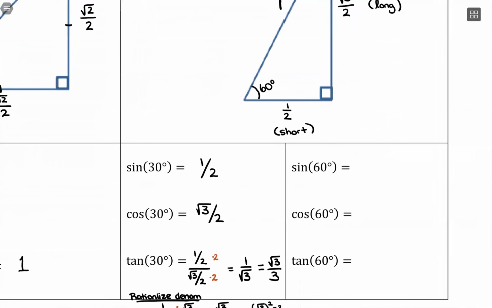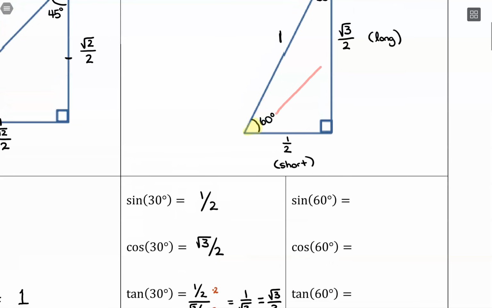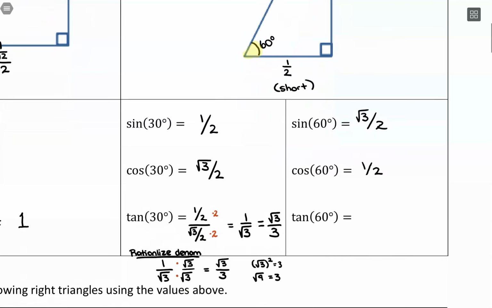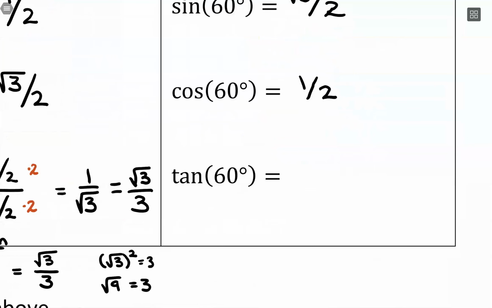Now let's look at if we were at 60 degrees. So if we're at 60 degrees, that √3/2 is the opposite, 1/2 is adjacent, and 1 is still the hypotenuse. So for sine, opposite is √3/2, divided by the hypotenuse of 1, but that'll just leave us with √3/2. And cosine, adjacent is 1/2, divided by the hypotenuse of 1, but that's just 1/2. And then tangent, we're going to take opposite divided by adjacent. So we're going to take √3/2